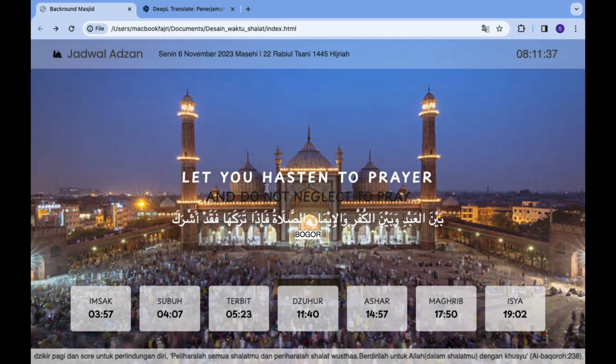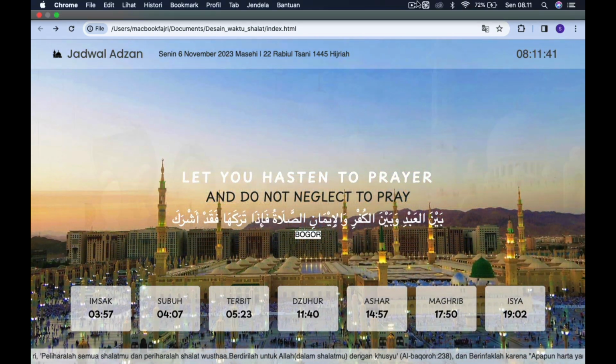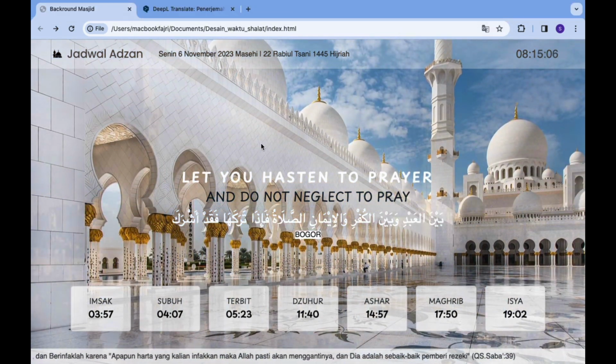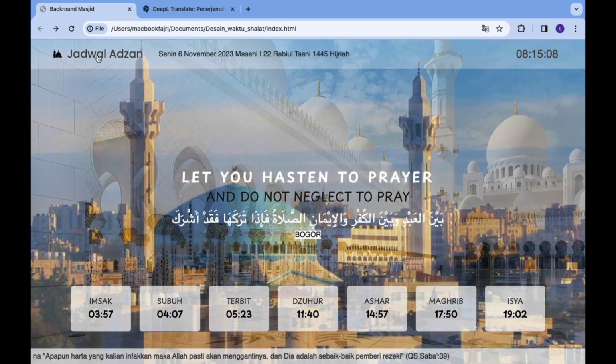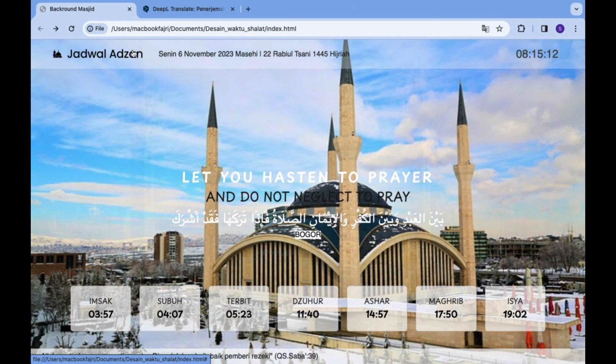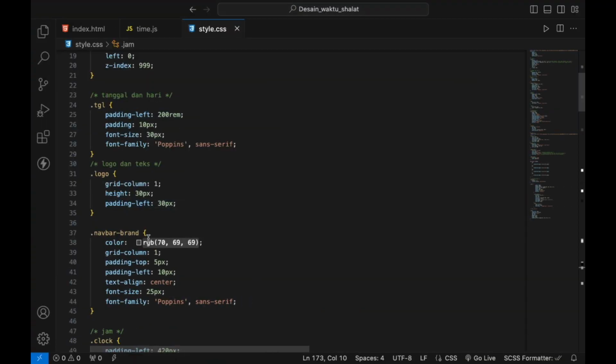Okay, and this is the background. Okay, before the background, this is the styling. Styling the logo: grid column 1, height 30px, padding left 30px.